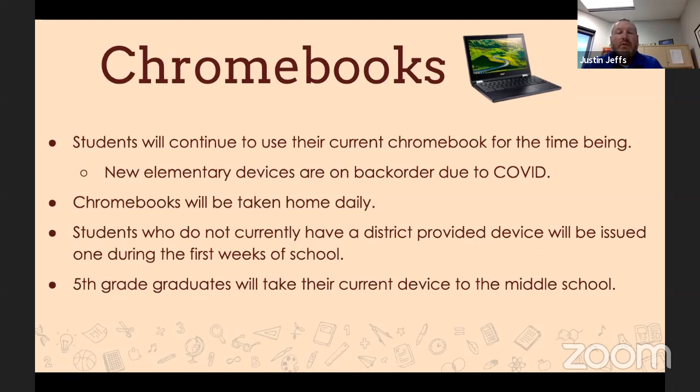The goal is also to ensure that we send a charger home with each kid. That way they'll have a charger at home, and they're able to charge here also, but that charger can stay home. We do have some bags that we've tried to order for the Chromebooks, but they are back ordered, but hopefully they will arrive at some point and we can distribute those also.